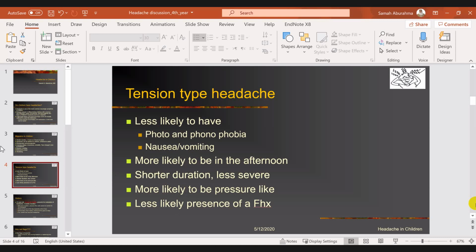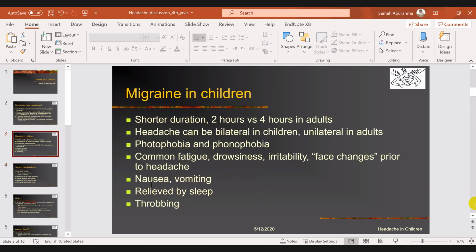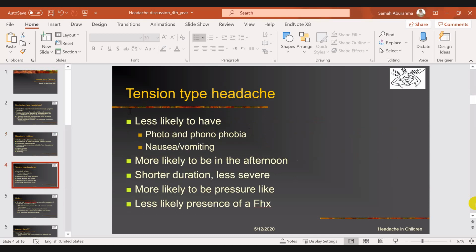Like if the child complains of photophobia and phonophobia, in addition to nausea and vomiting, and a severe significant headache, then it is more likely to be a migraine headache. Like if there is a milder headache, no nausea or vomiting, then this is more likely to be a tension type headache. Okay? The differentiation between them,